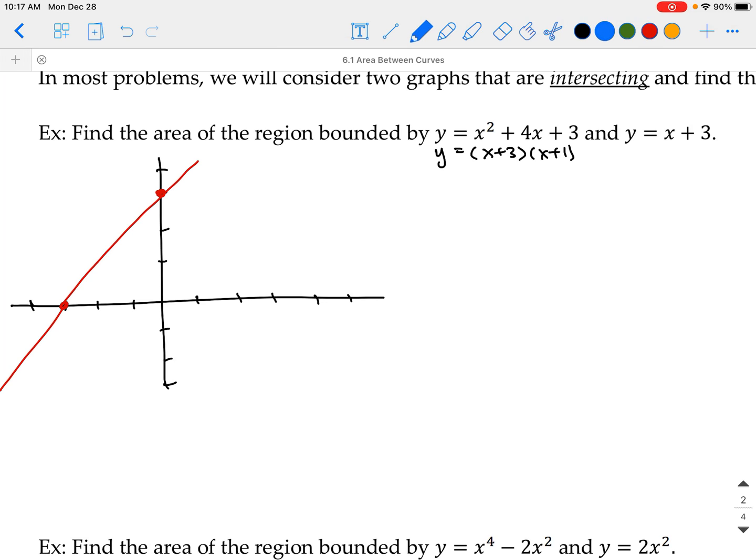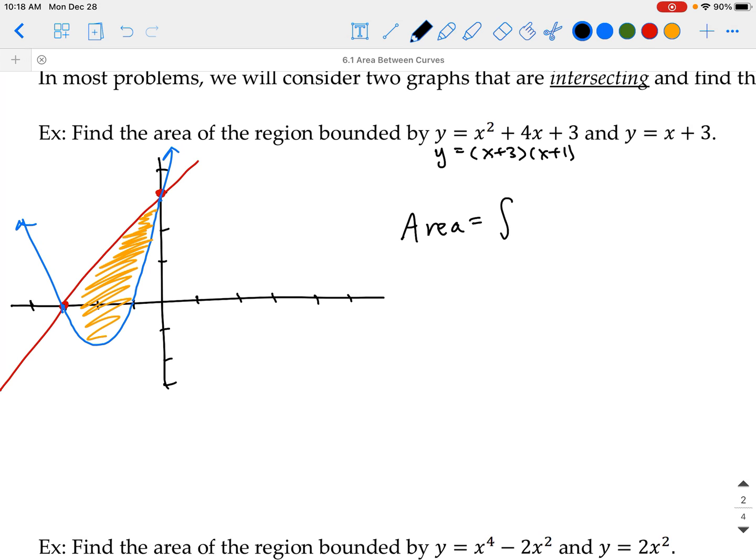And then our graph x plus 3 times x plus 1 is going to be our quadratic, which we'll note exactly passes through 0, 3, and exactly passes through negative 3, 0. So the graph will continue in either direction. So we can see that our region is going to be the region bounded by the line and parabola. Now our line is the above graph. So the area between them